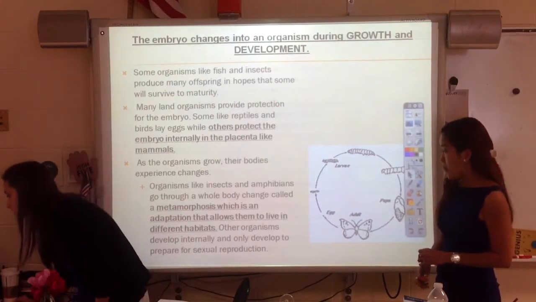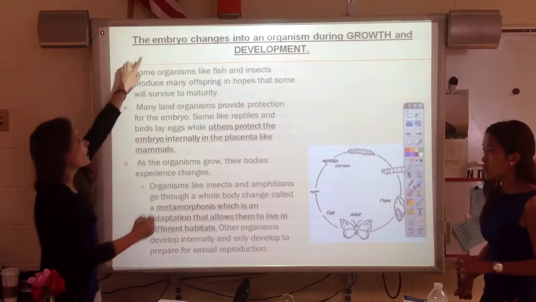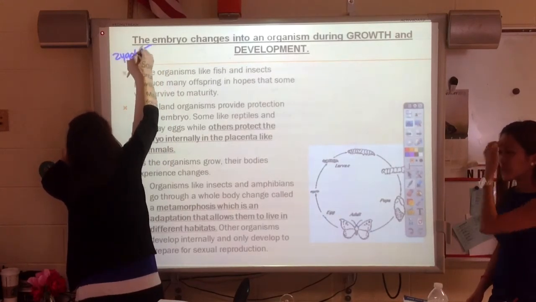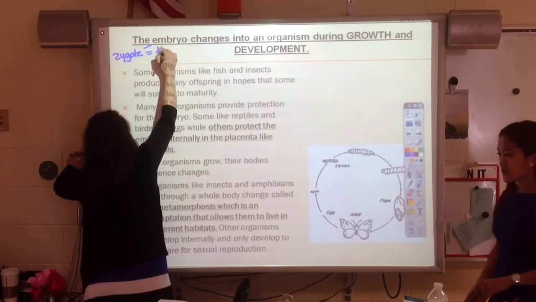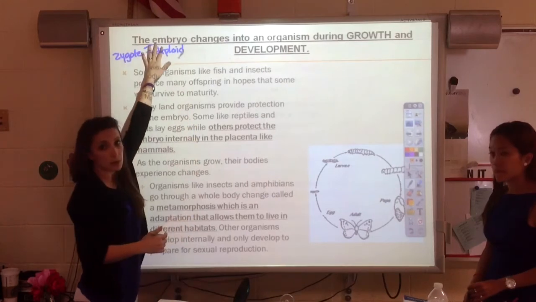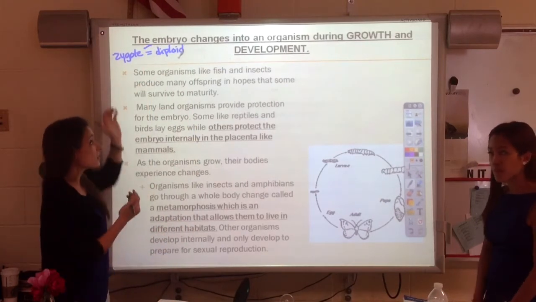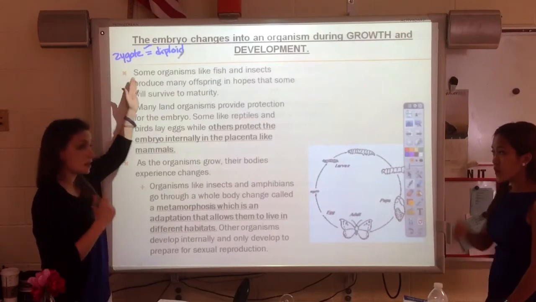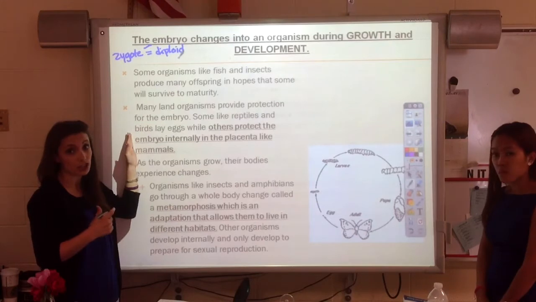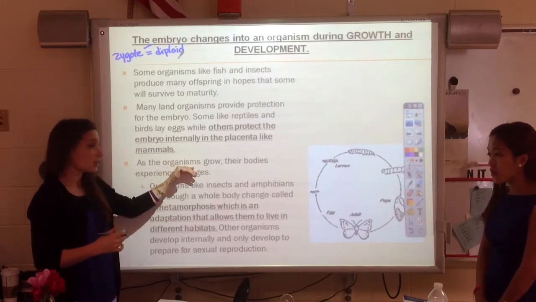So we want to pause there and make sure we remember what it means to grow. So the embryo, zygote is another word for it, is going to be a diploid organism. So sperm plus egg equals embryo. So now we have this little baby embryo. What happens to it? Some organisms have to abandon them. Some will provide protection like an egg. Some provide internal protection. But that protection is there for as the new baby is growing.